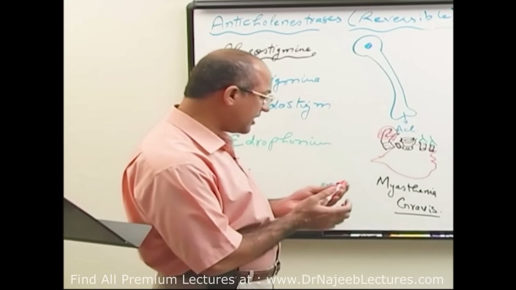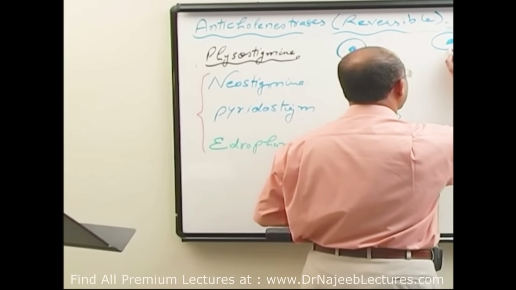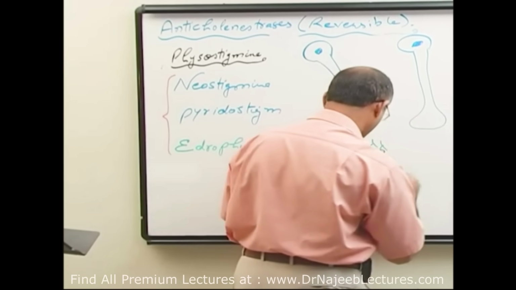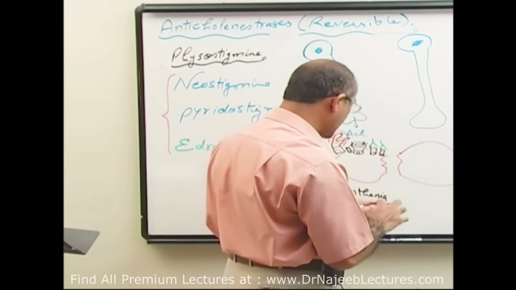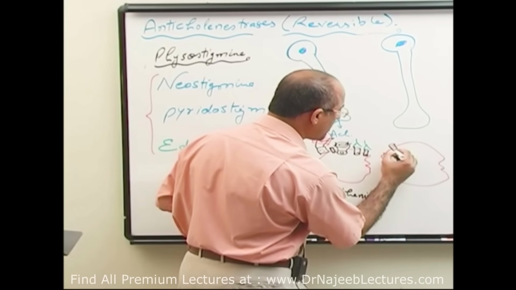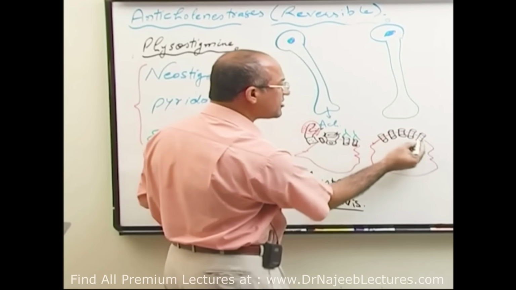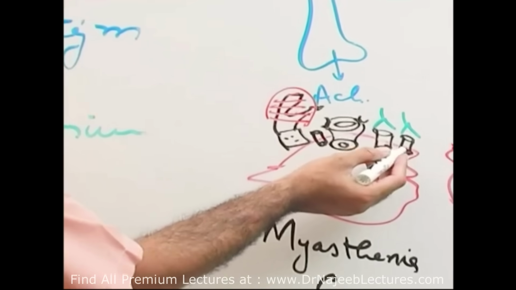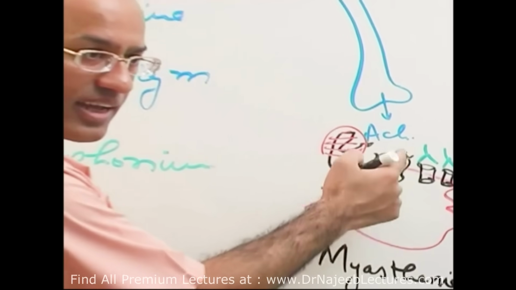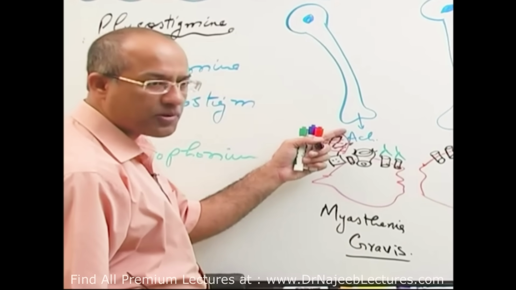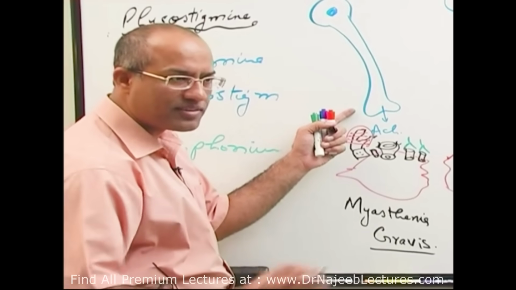Now, another condition is there, and there also a person has myasthenic weakness, but the mechanism is different. I'm going to explain a second patient. In this patient, at the neuromuscular junction, nicotinic receptors are normal. Post-junctional membrane is normal. In myasthenia gravis, the problem was at the post-junctional membrane. The receptors were having antibodies and they were internalized and they were inhibited. Acetylcholine was perfectly okay, and the pre-junctional membrane was fine.